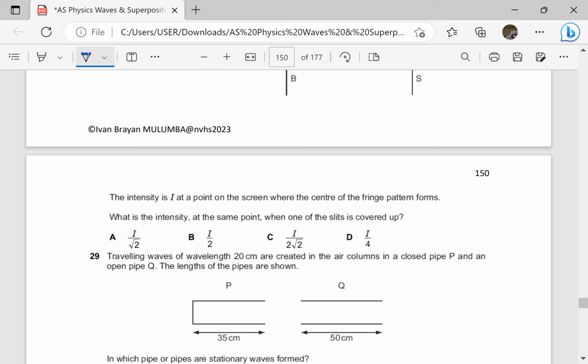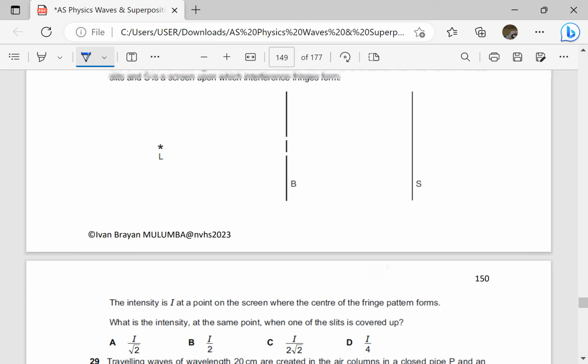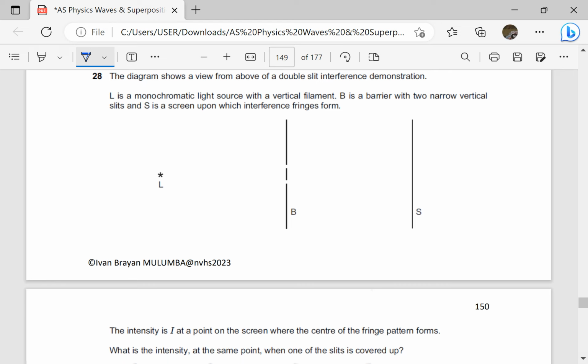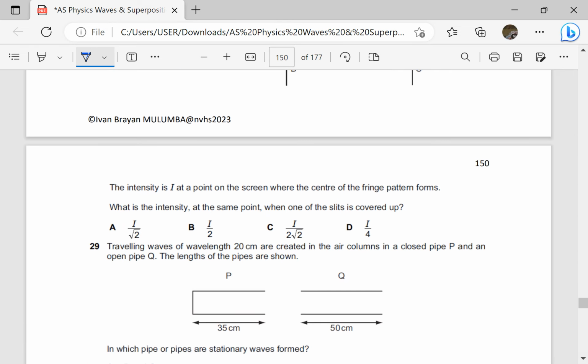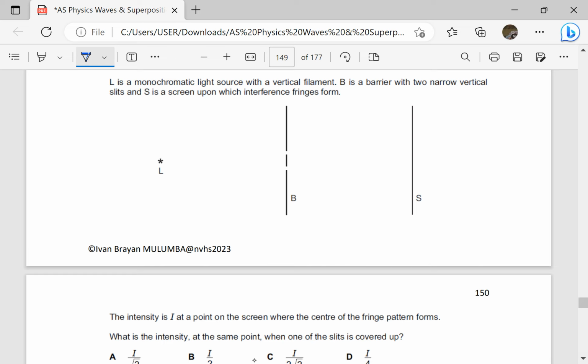So when one of the slits is covered up, what is going to be the intensity? Remember, at the point where